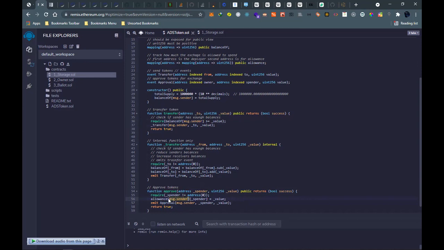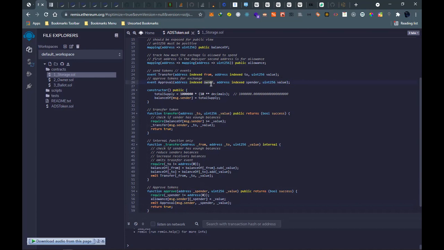Then we have the spender, which is also in an array because we don't know who will be allowed to spend the tokens. And then we have the value that they are allowed to spend. And then we have emit approval, which has three parameters: the owner of the contract, the spender, and the value.